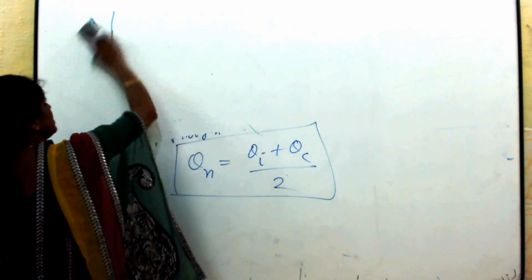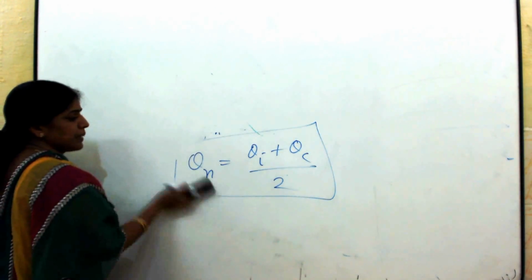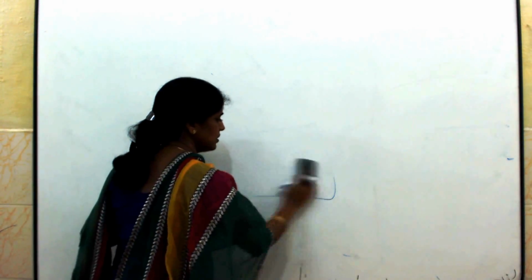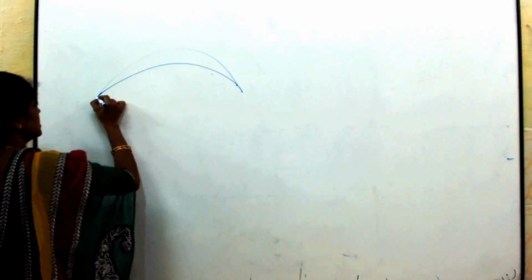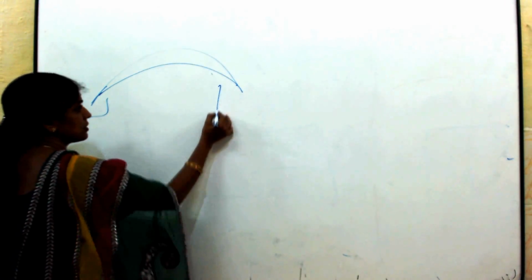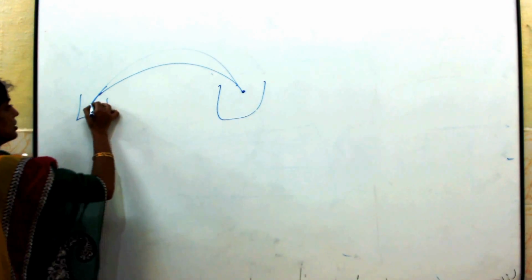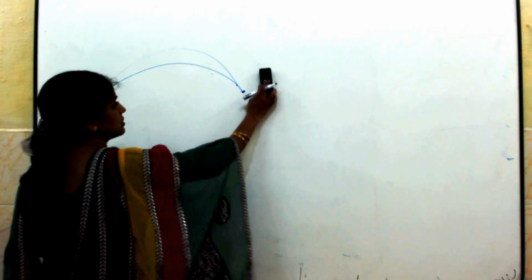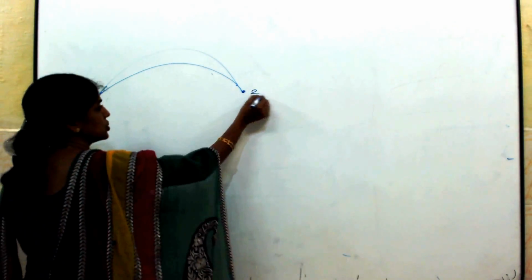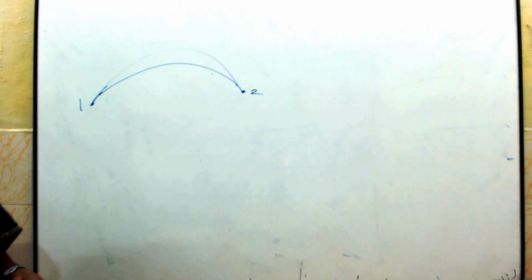Then the next effect we are going to see is what is meant by the Peltier effect. The same thing, but this man Peltier told, when two different metals are made to form two different junctions, this is one junction and this is another junction. This is junction 1, this is junction 2. If two different metals are formed to form two different junctions,